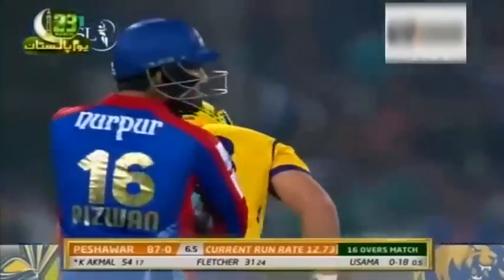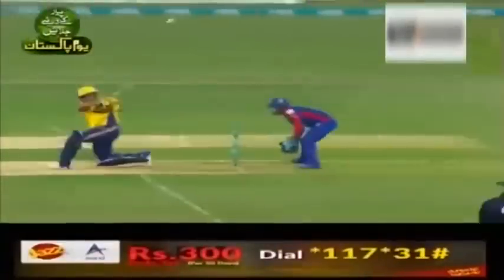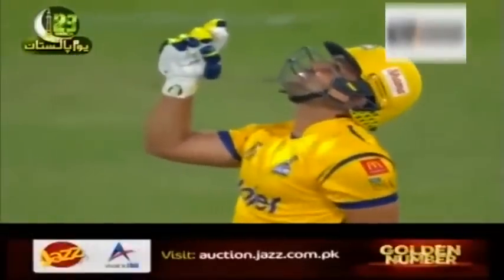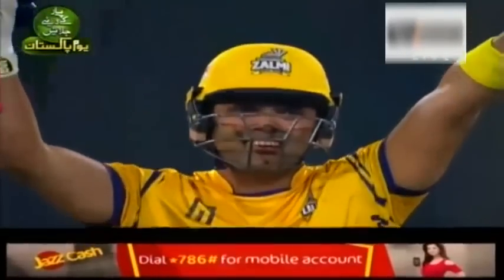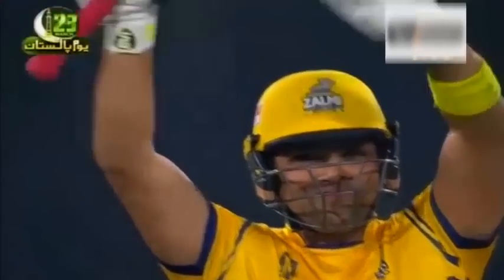He's been sublime, he's been superb, he's been powerful. He's struck it everywhere and massive hits. And he's not yet done. Well, this over's gone for 18. Osama has bowled a big full toss on leg stump. That is pressure. It's also a wet ball as well. And for the spinners, that makes it really...